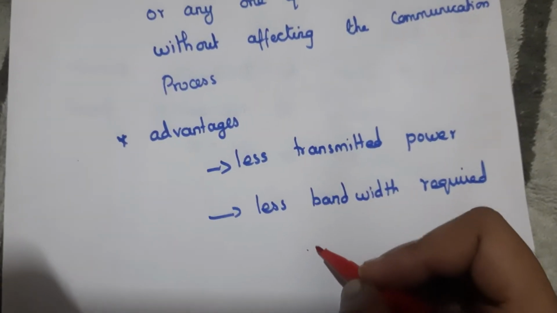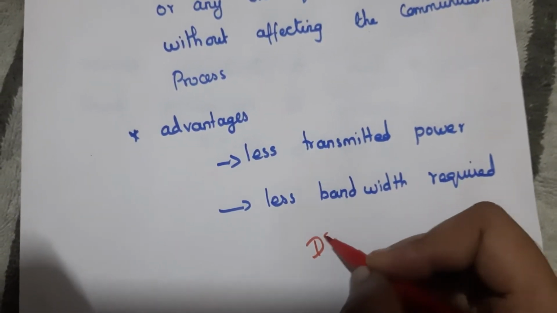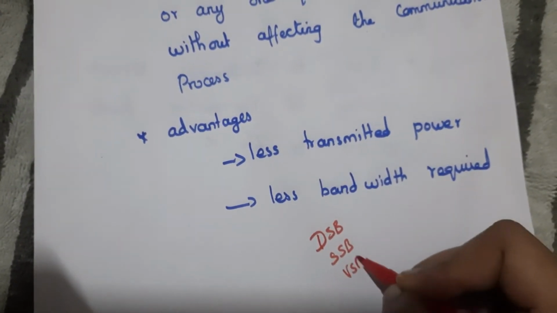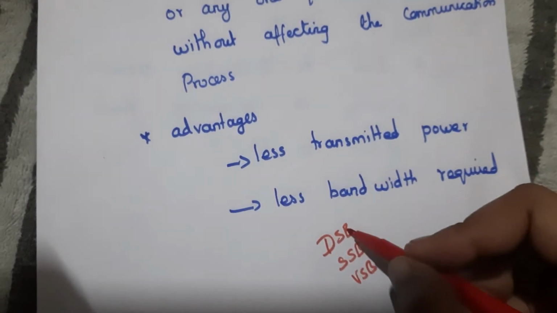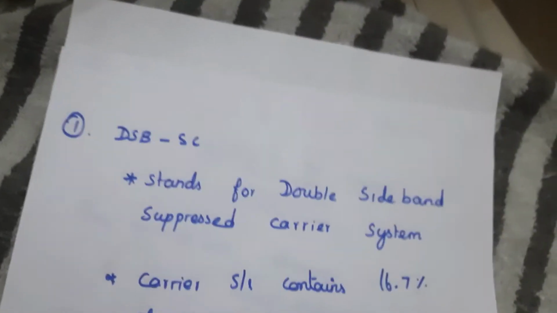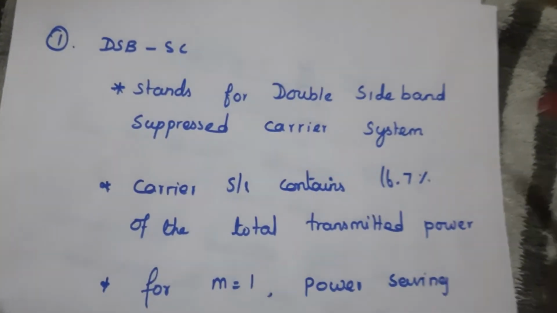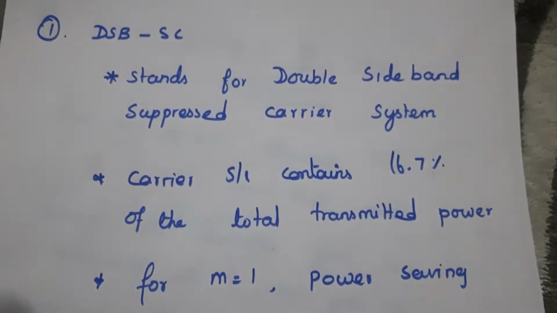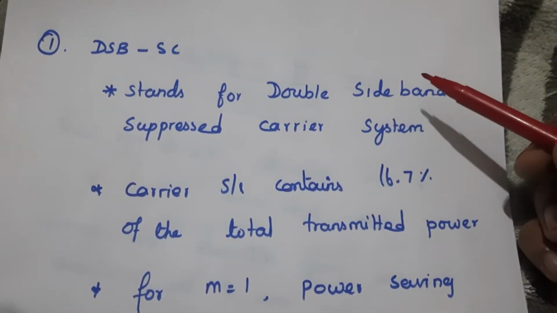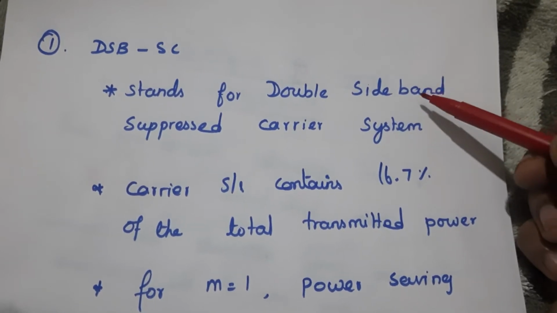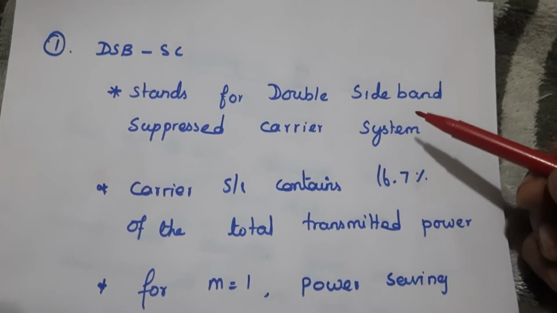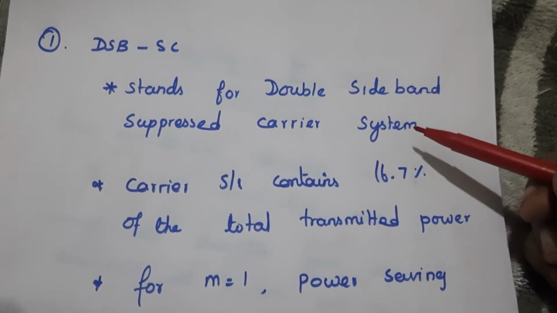Based on removing the carrier or any one of the sidebands, we have three different types, that is DSB, SSB and VSB, and we will see each in detail. So the first one is DSB-SC, which stands for double sideband suppressed carrier system. This DSB eliminates the carrier,